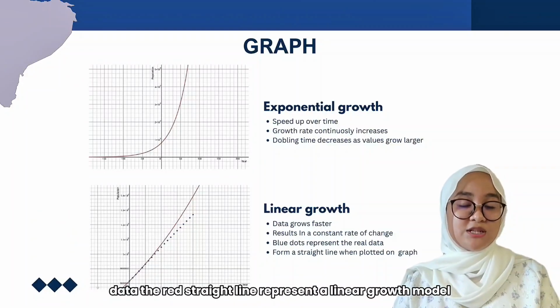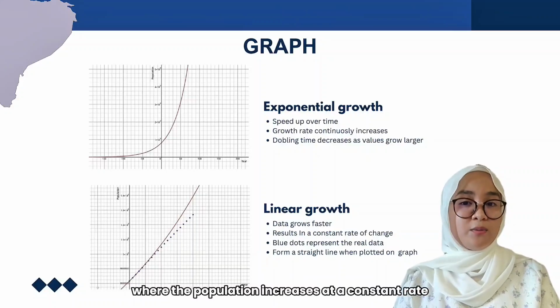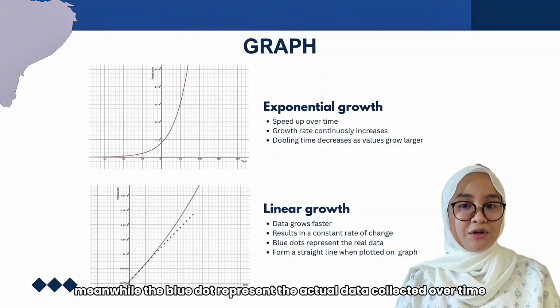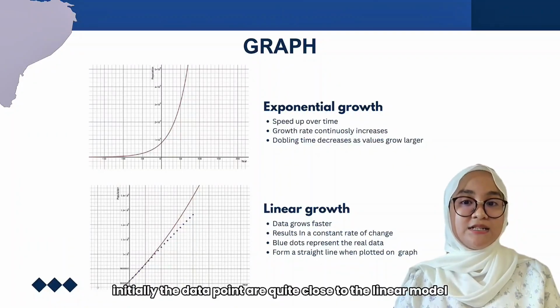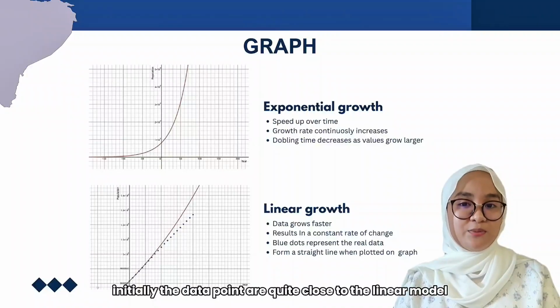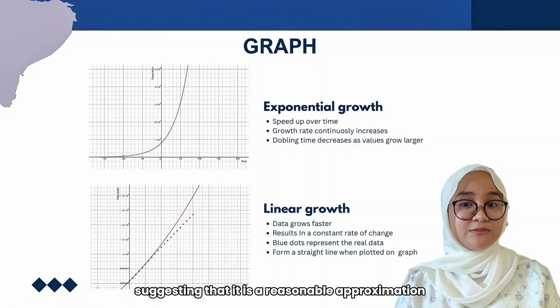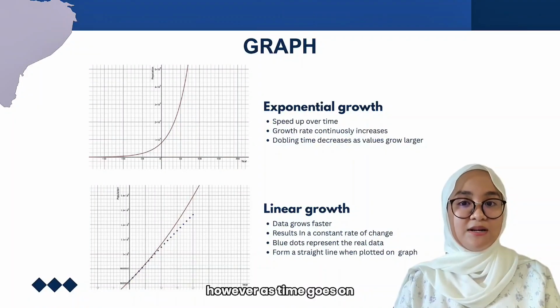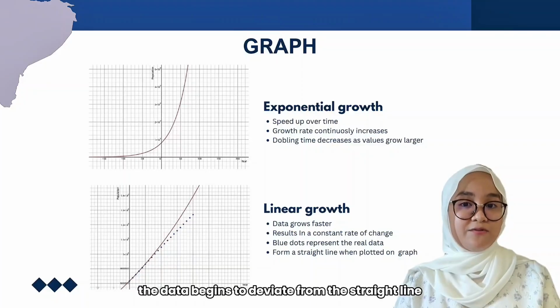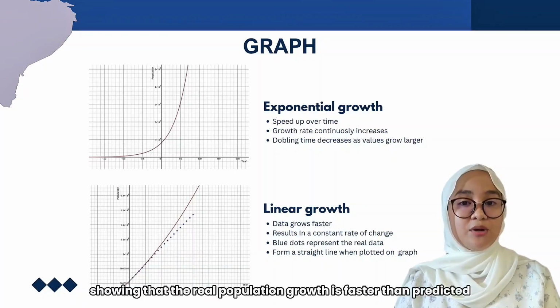The red straight line represents a linear growth model where the population increases at a constant rate. Meanwhile, the blue dots represent the actual data collected over time. Initially, the data points are quite close to the linear model, suggesting that it is a reasonable approximation. However, as time goes on, the data begins to deviate from the straight line, showing that the real population growth